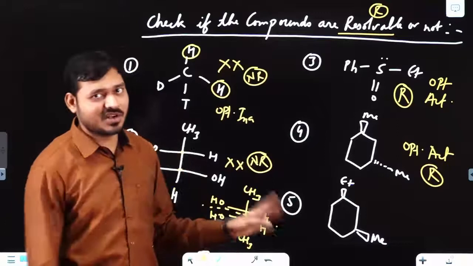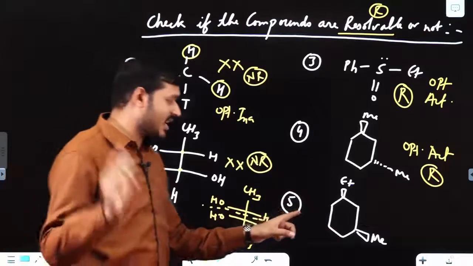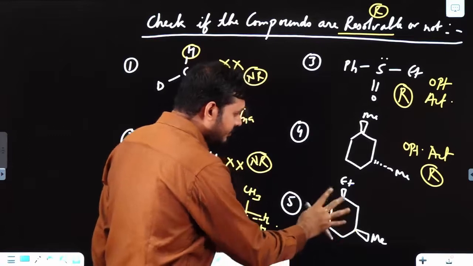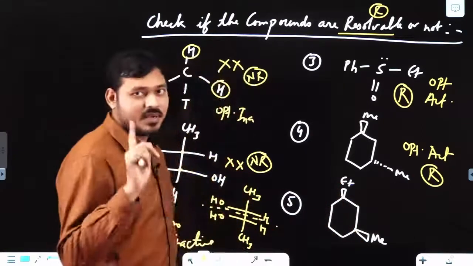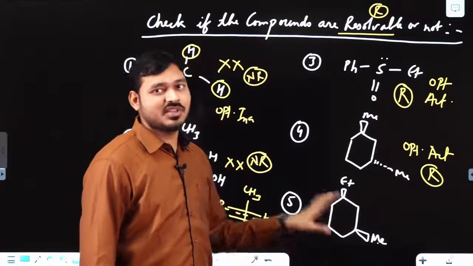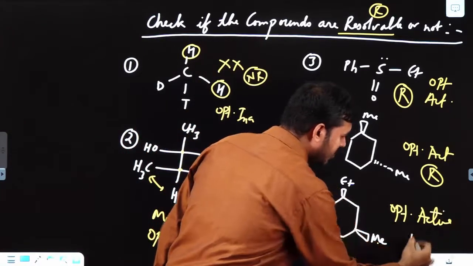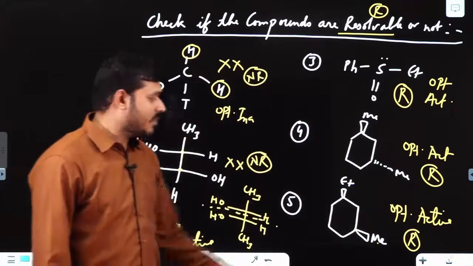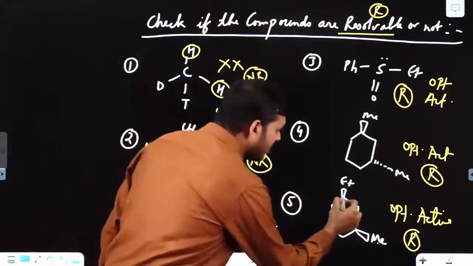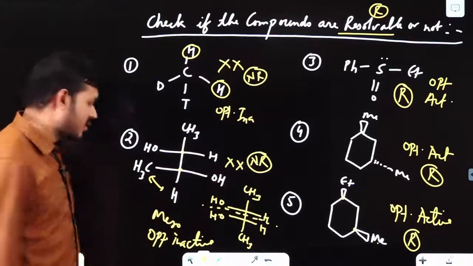Let me check whether you are correct or not. If you are correct for this question, you can comment in the comment section. I'll check it because this is one of the important cases. What happens here? It is having ethyl on this side and methyl on this side. Sometimes you can get confused, as it is also wedge, it is also wedge, but here methyl and here ethyl, so it is optically active. So it is resolvable. If both were methyl or both ethyl, the same groups, then you could say it is meso. Here you have two non-identical chiral centers, if you remember. Clear to you all?